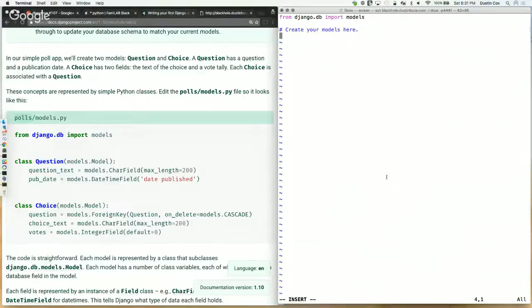So what we have here is this models thing. And what we can do is class. We're going to create a question model. And then this is essentially a class attribute. So we've created a class called Question, which is going to be our table. And then we're going to have question_text and models.CharField. So CharField